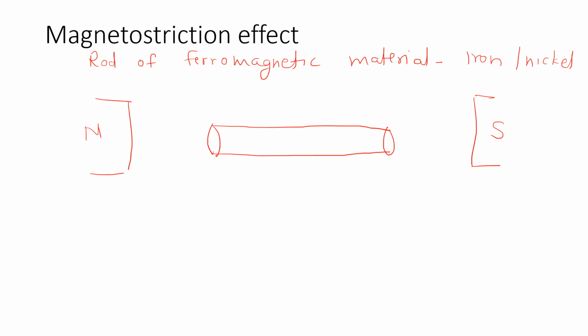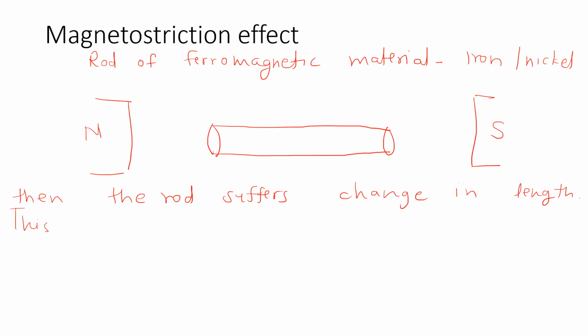So, the rod of ferromagnetic material is placed in the magnetic field parallel to its length, then the rod suffers a change in length. This change is independent of the direction of the magnetic field,